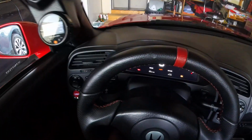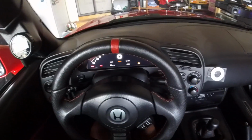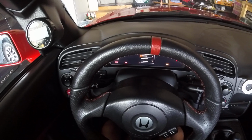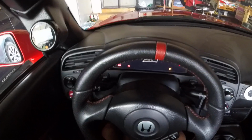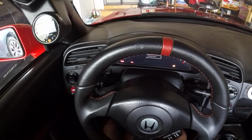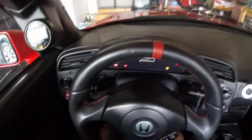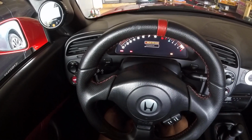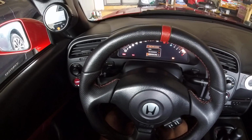Alright, so I'll run through the menu changes here for you. Under sensors now, all your sensor data has no options, because now it's receiving everything from the ECU. Hopefully you guys can see that. Same thing with the coolant temp. The fuel level still has options,